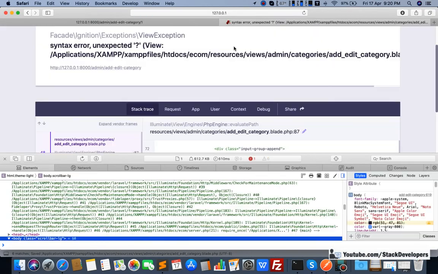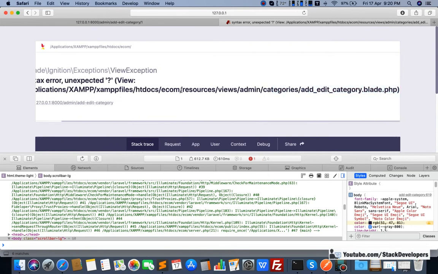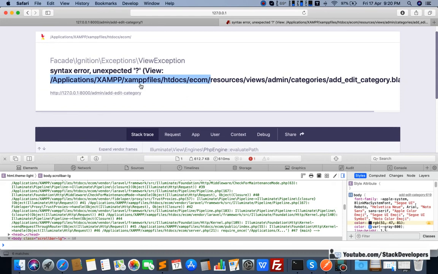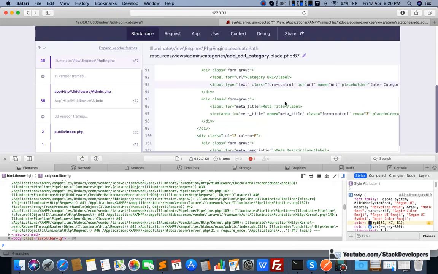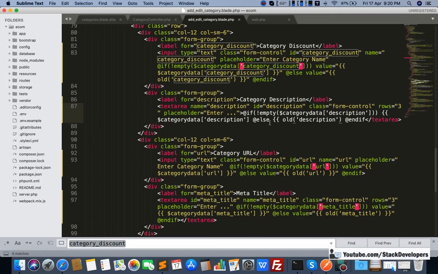Now we can refresh. See, some issue has come up again. I'm going to check it, whether it will tell or not. I'm going to check here, syntax error in case of description only. Okay, so I'm going to check category data description, and okay, this one is not required.